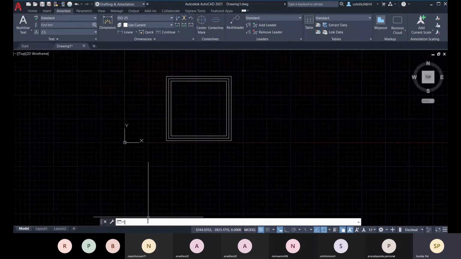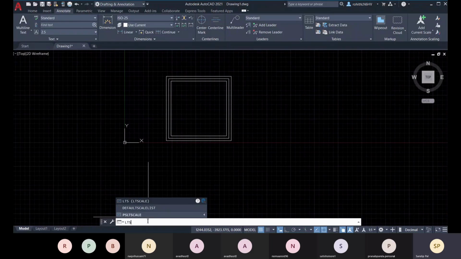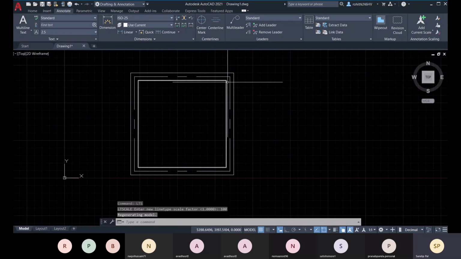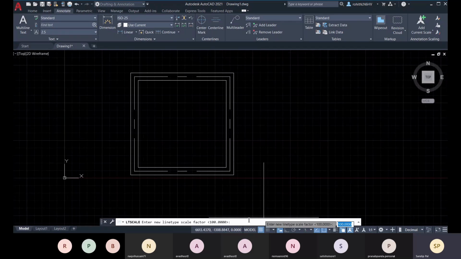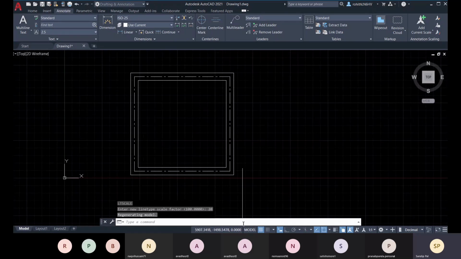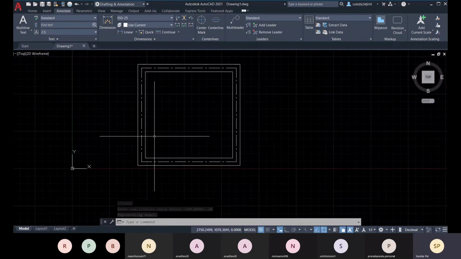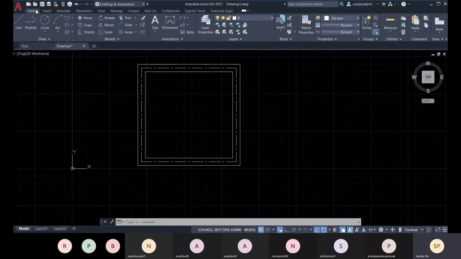For that we have one command called LTS. LTS is the variable, the full form is line type scale. You press enter, and there you can put the line type scale factor. Here I need to increase it, so I'll put 10 or 100, enter, and you can see. You can change it, like 20 you can set. So there you have it.